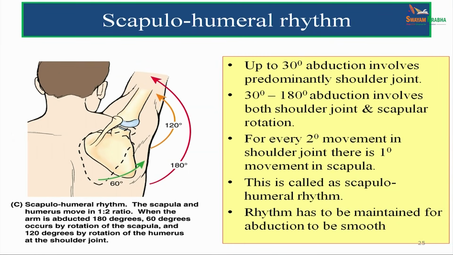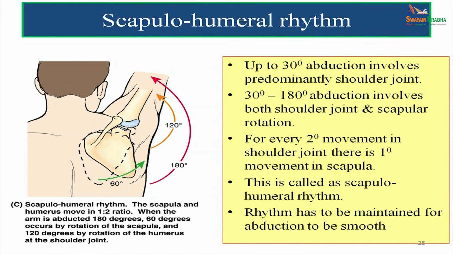What is scapulohumeral rhythm? Whenever the shoulder joint is moving, it is not only the head that is moving within the shoulder joint, there is also a rotation of scapula that is being brought about. Up to 30 degrees, abduction involves predominantly the shoulder joint alone. But when abduction moves from 30 degrees to 180 degrees over the head, then abduction involves both shoulder joint and scapular rotation. For every 2 degree movement in the shoulder joint, there is a 1 degree movement in scapula, and